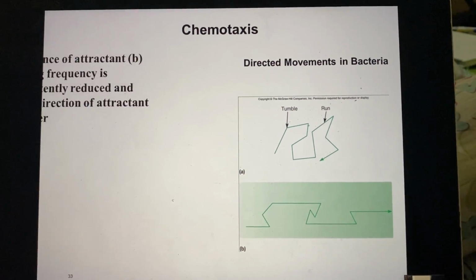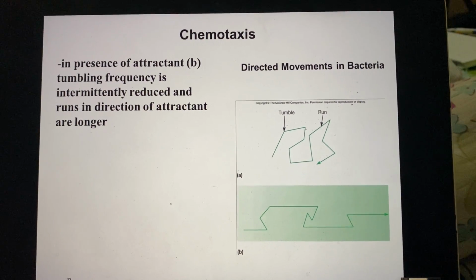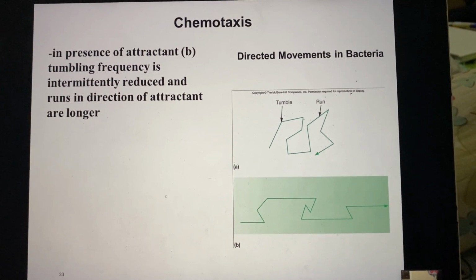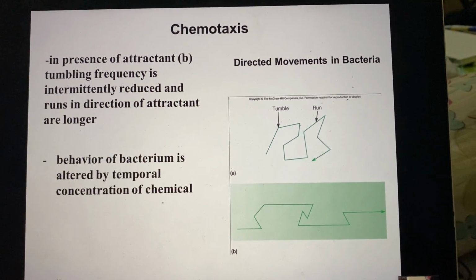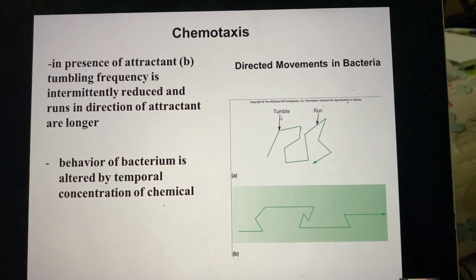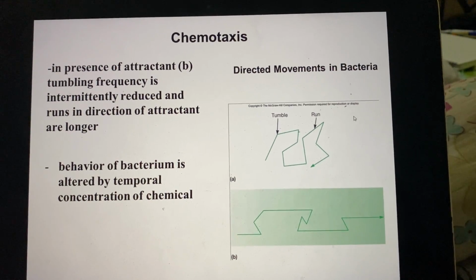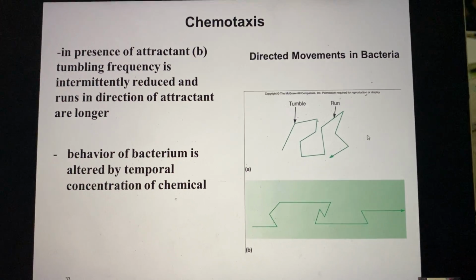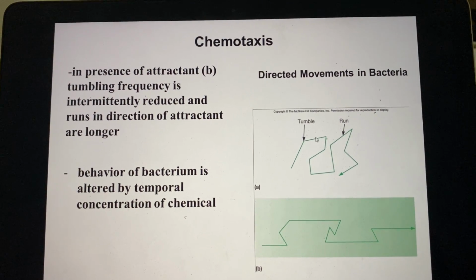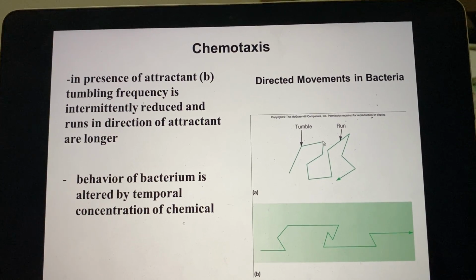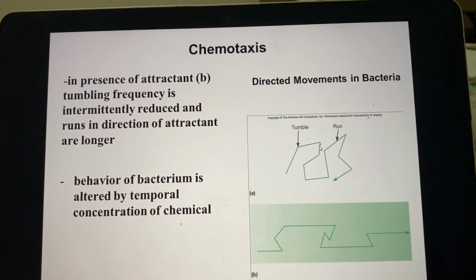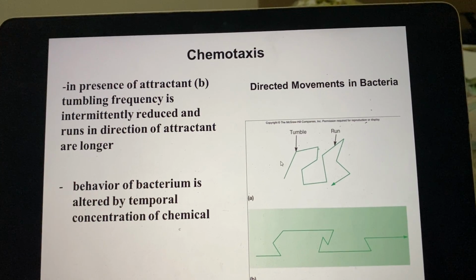If you're putting the two together, the flagellar rotation versus chemotaxis, you would see that when the cell does not have any chemotaxis stimulant there, they will go in their own way: run, tumble, then change direction, run again, tumble, run again. So they can change direction when the tumble occurs, and they will be just randomly moving around.